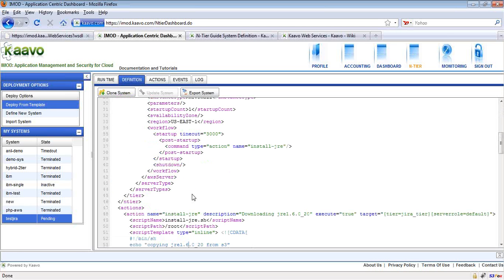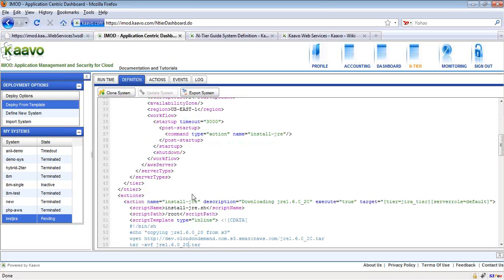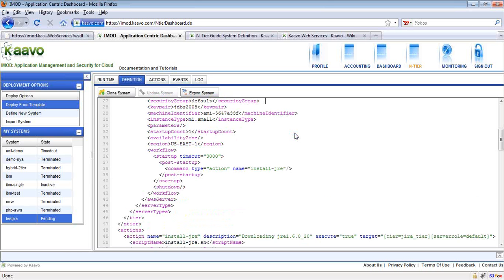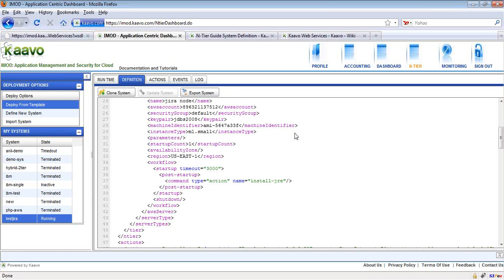And as I mentioned earlier, actions are similar to functions, and we can invoke these functions from this post startup section, as we have done here. So this install JRE action or function is being invoked from the post startup section of the server type. What it means is that after the server is provisioned in the cloud, this action will be invoked.